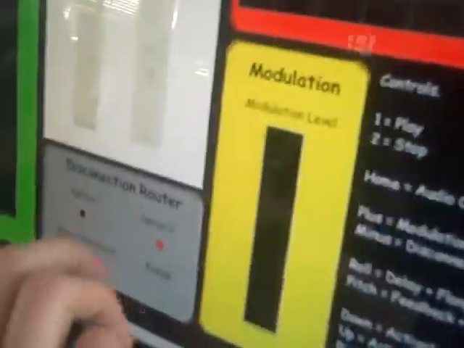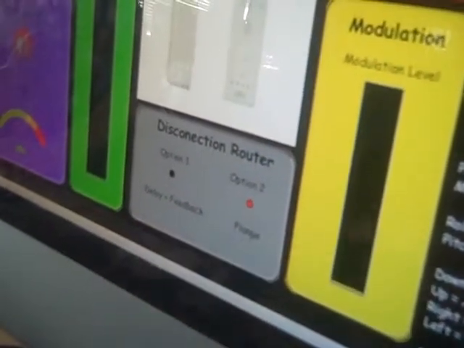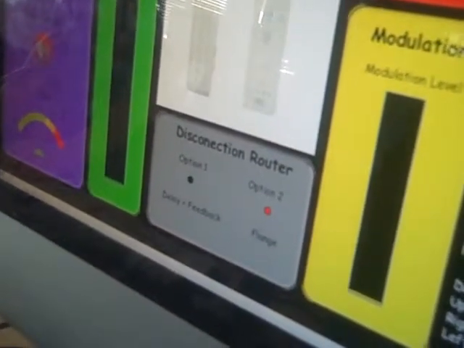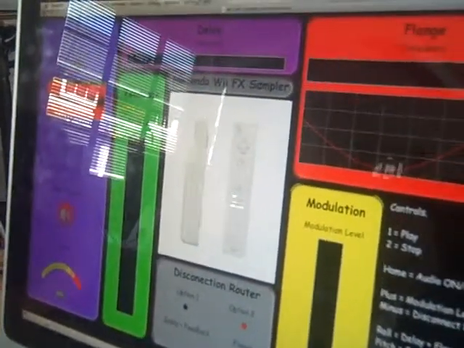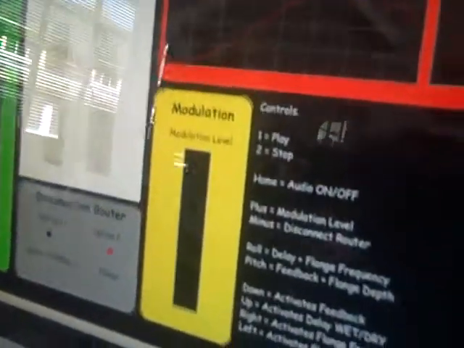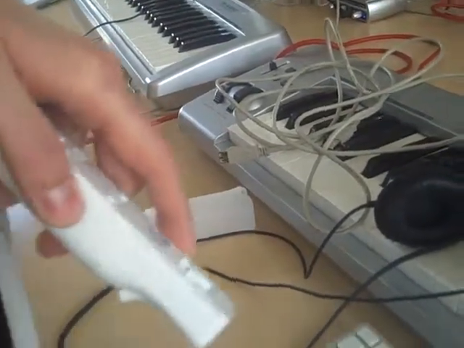Basically, the main section is the disconnection router, which allows me to control 2 things with the pitch and roll, 2 for each. You turn on the delay and feedback with up and down, which allows you to get the sample feedback, and the delay controls the amount of the feedback. It doesn't do delay until you bring in the modulation, which